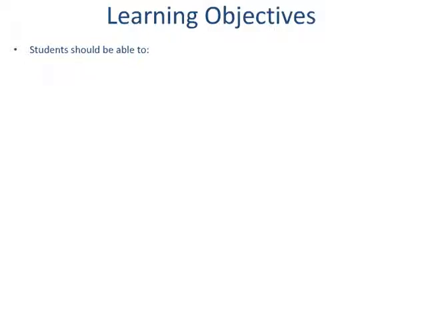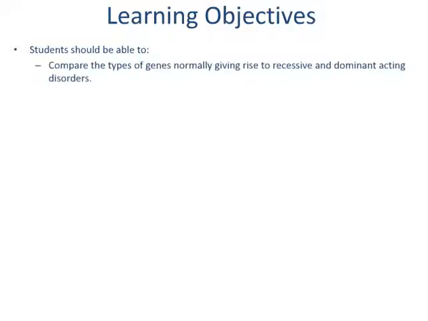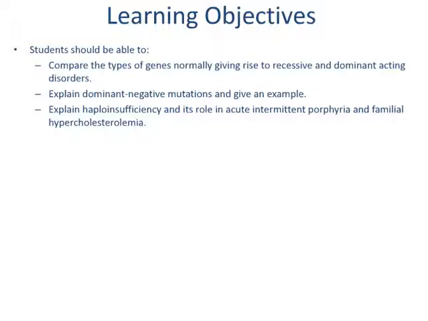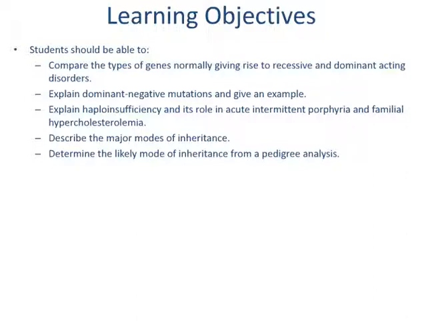After studying this learning module, students should be able to compare the types of genes normally giving rise to recessive and dominant acting disorders, explain dominant negative mutations and give an example, explain haploinsufficiency and its role in acute intermittent porphyria and familial hypercholesterolemia, describe the major modes of inheritance, determine the likely mode of inheritance from a pedigree analysis,